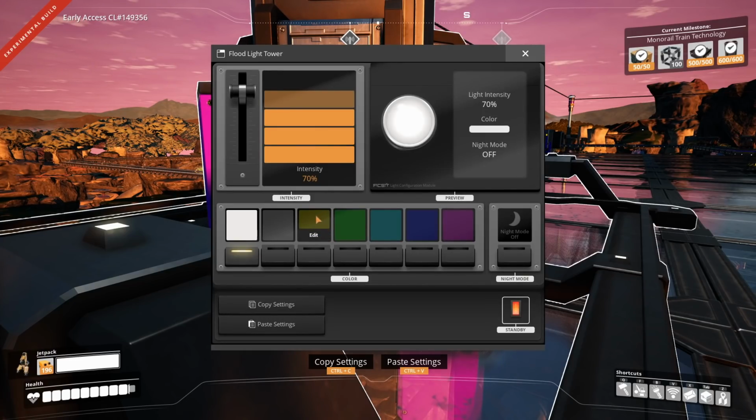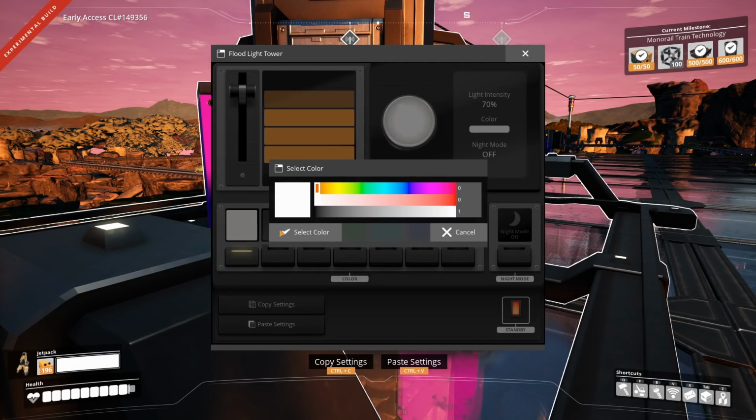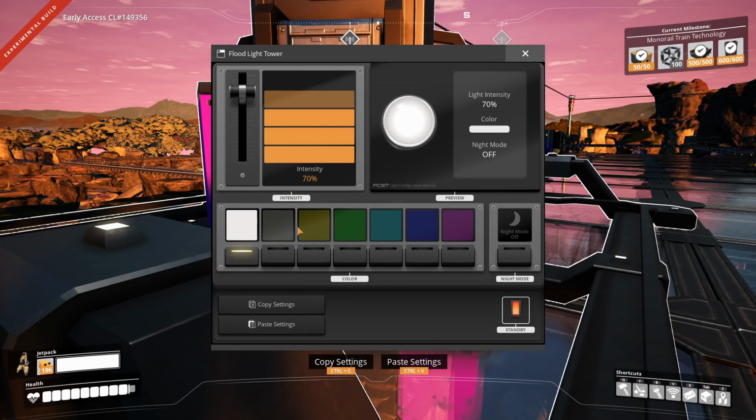There, select color. There, it's still, no, it doesn't work. Why have they not fixed that yet? I can't believe they haven't fixed it. Come on. So if I set it like at 15%, then there will be a tiny bit of